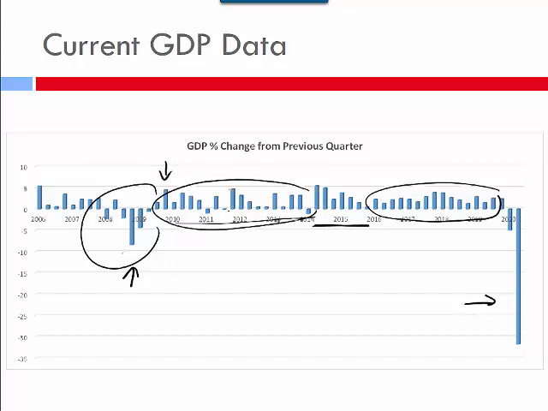It's been ups and downs, but pretty steady growth from about 2014 on, very steady growth. And then the pandemic hit, and you can see this contraction compared to where we are, and that's how far we are down from the previous quarter. Okay, so that's the percentage change from the previous quarter, but it's pretty darn significant. So that's an important thing for us to be looking at right now.